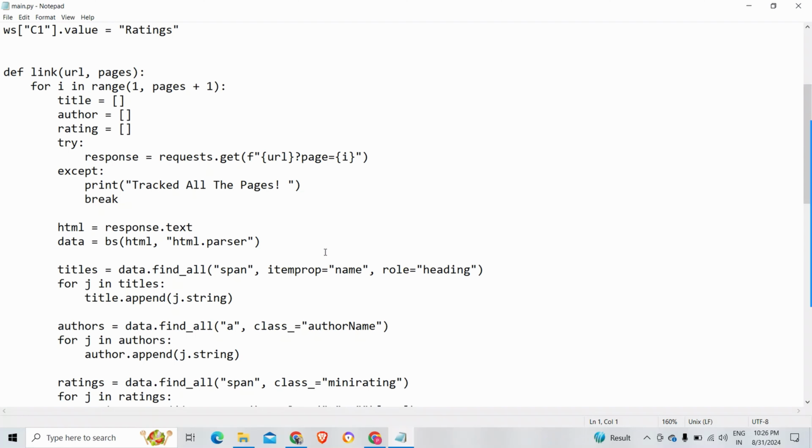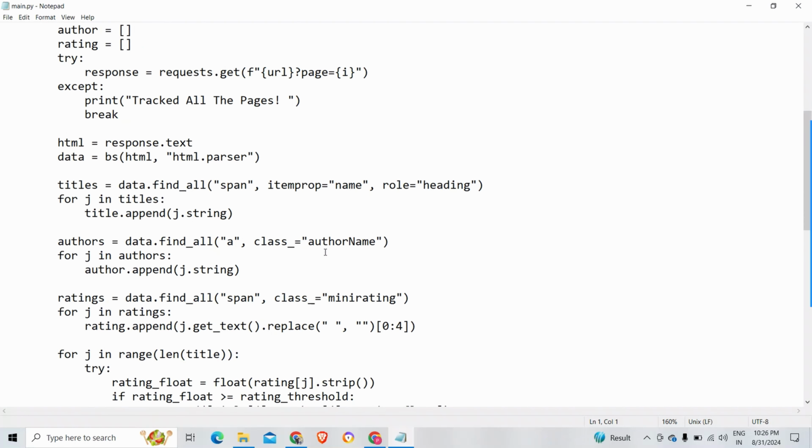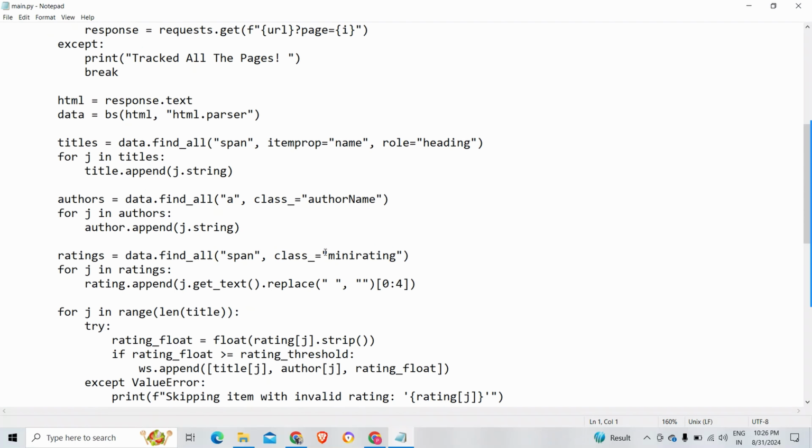Then we have for j in titles, title.append(j.string). This appends the text content of each title to the title list. Then we have authors = data.find_all a, class equal to authorName. This finds all the a tags with the class authorName, which contains the names of the authors.